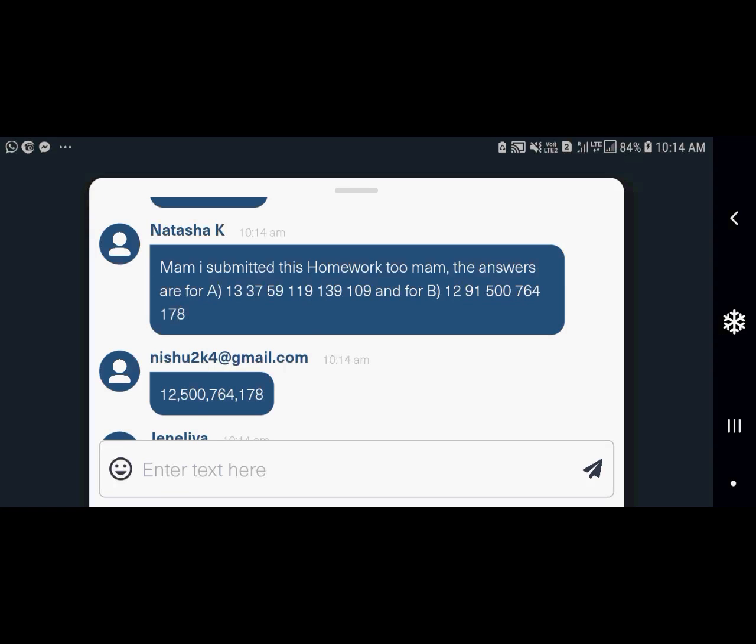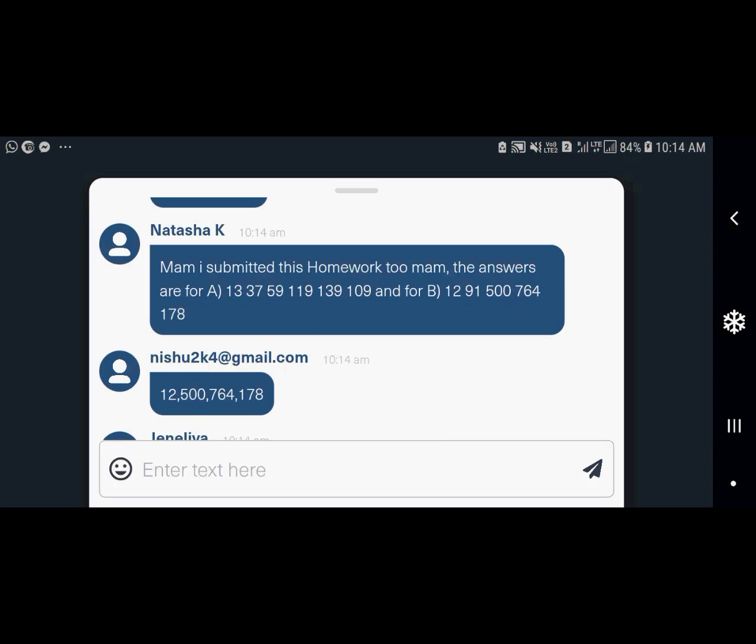Okay, take your notebook. Find the factors for the number 89. Quickly do it. Okay, ma'am. Ma'am, 89 is not a composite number. Very good. Let us cross check. Whenever we have a doubt, let us cross check. In your notebook, quickly find out what the factors are for the number 89.